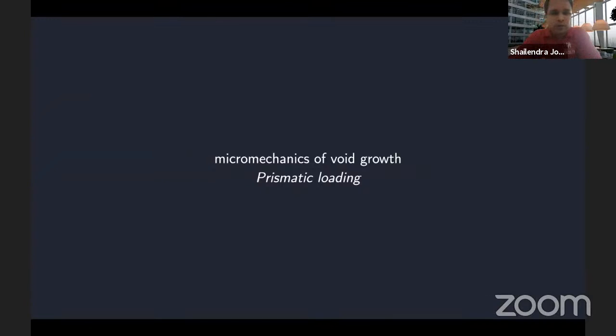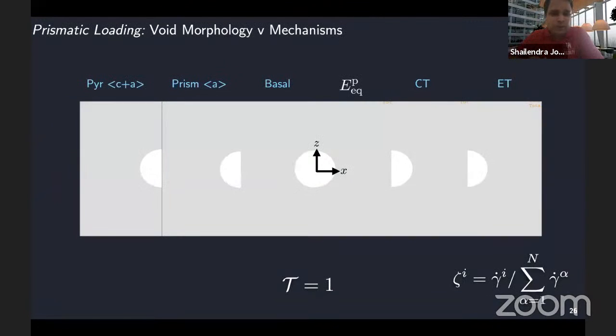So what I'm going to show you here is a movie of how different deformation mechanisms activate around a void. And what we are seeing here is a plane of coalescence. So the primary loading direction is coming out of the plane of your screen. You're seeing one particular cross section in the xz plane, y being the primary loading direction. We are looking at a stress triaxiality of 1, and this is for the prismatic loading, which doesn't typically have twinning as the primary mode of deformation.